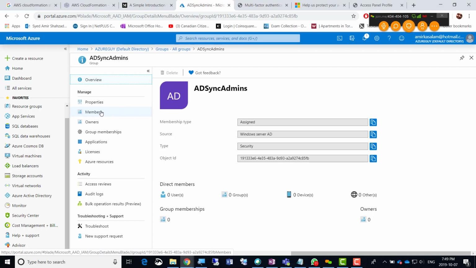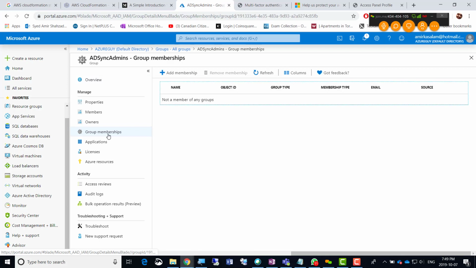If it does not, then obviously I won't, because I will be waiting for some resources to be created, so I could just add that group later to any resource as well. We haven't created any resource yet, so that's why I'm going for just another group, just to see whether it gets added to anything or not. Or if you want to add some more users, so if you go for group memberships, there's that group membership here for AD synchronization admins, and if I go to add membership here,